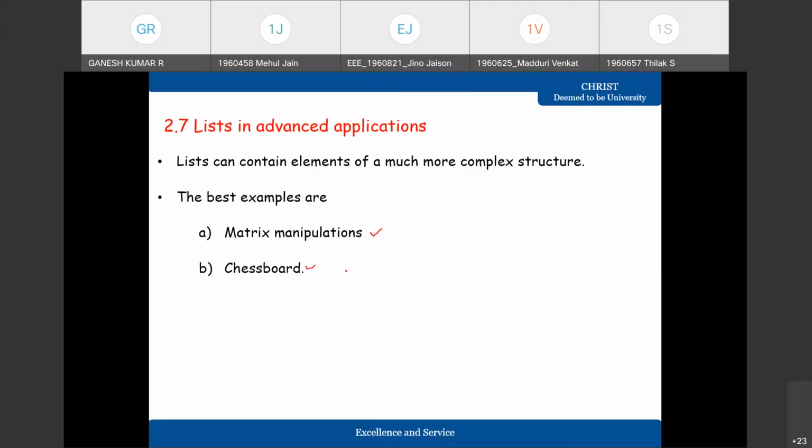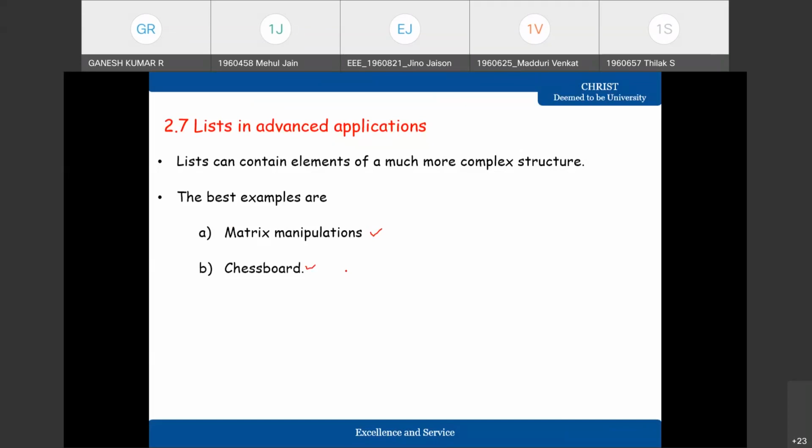So how to define a matrix? You have already studied it from the basic school level. Matrix manipulations were introduced in the school levels and even in the higher secondary level, PU level, and engineering. You had some advanced applications using matrix, right?